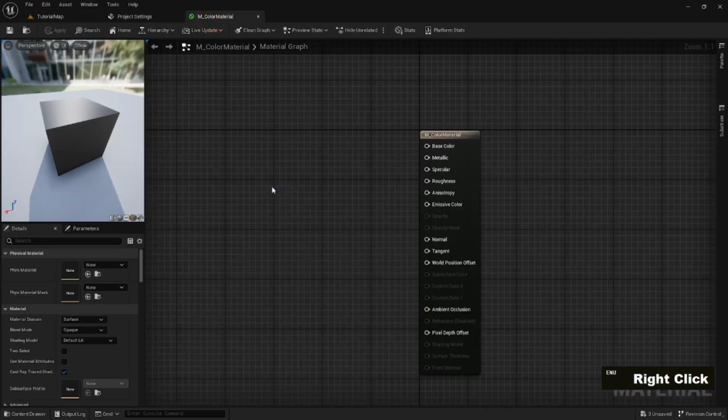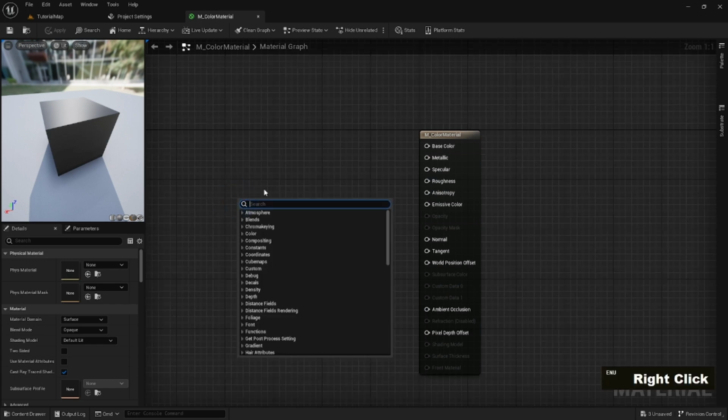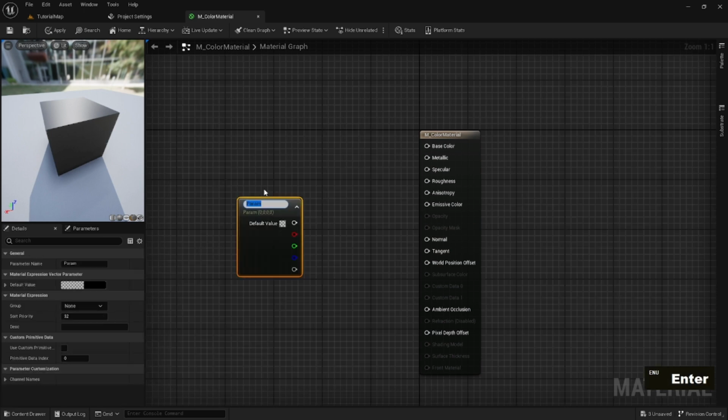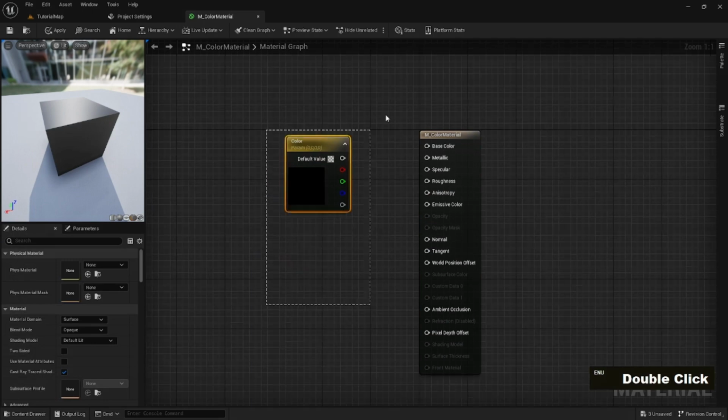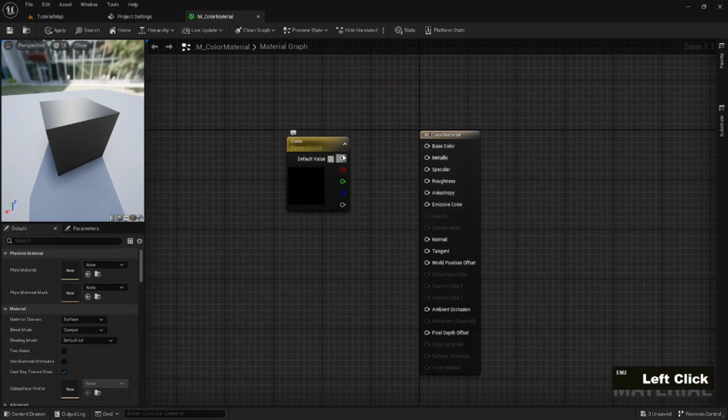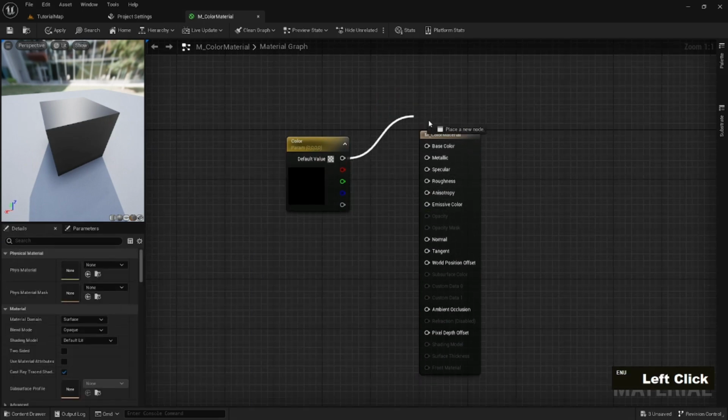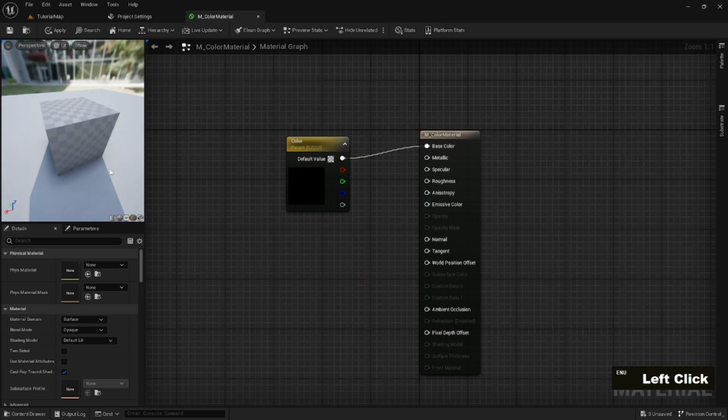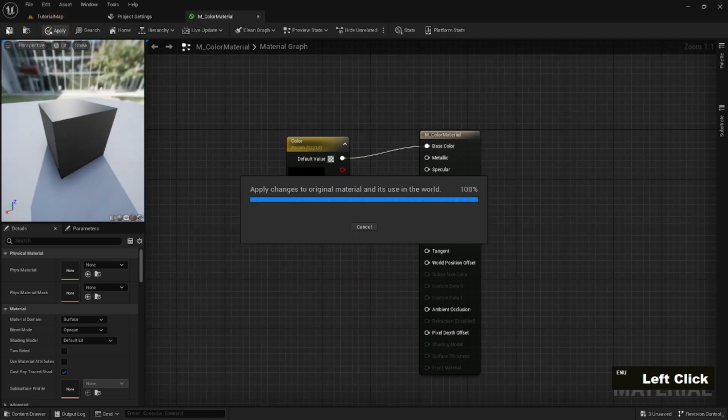Okay, now we will create what we call in materials a parameter. Before we had a vector constant, and now we create a vector parameter. A parameter is something that you can change. So let's search vector parameter, and here it is. Let's name this parameter color. You can think of parameters as variables we covered in the blueprints. Okay, so let's plug this in, and again we have a black, but now